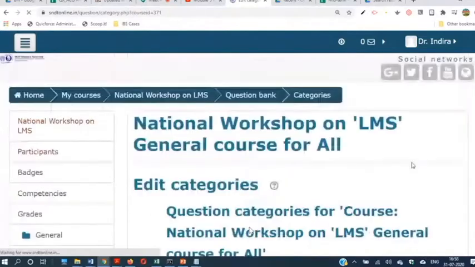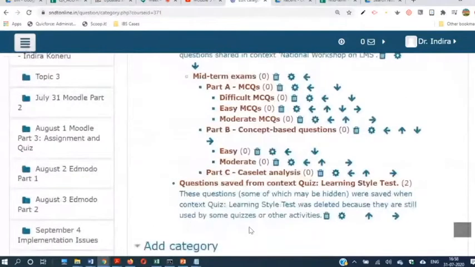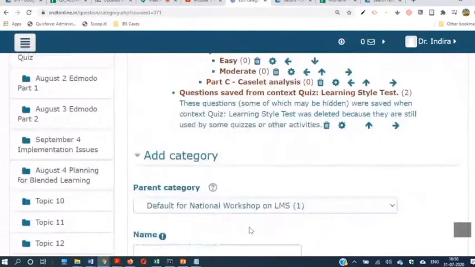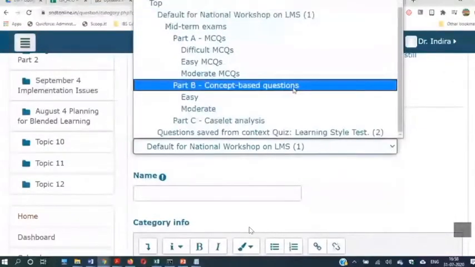and then scroll down to add category, and Part B, difficult.